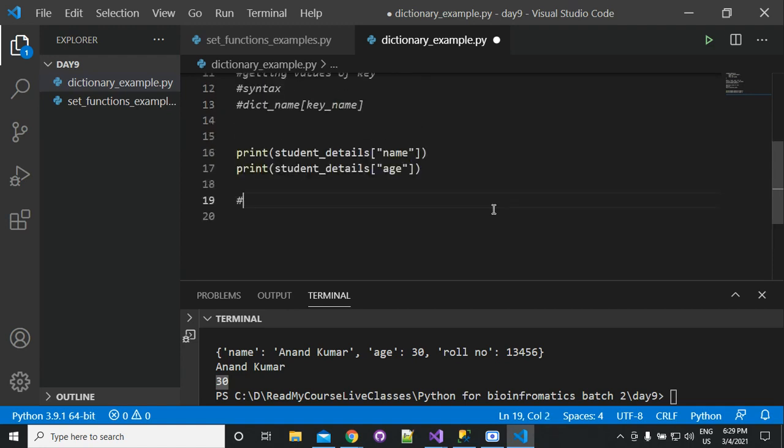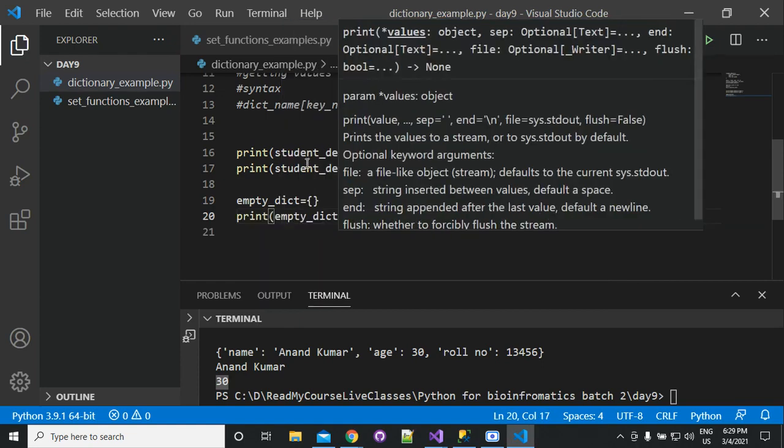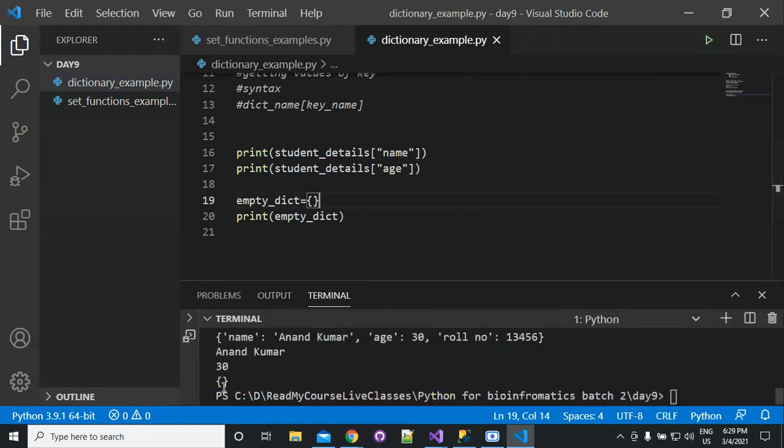We can create an empty dictionary by writing empty dictionary is equal to this. If you print the empty dictionary, it will not have any element, so it is printing this.